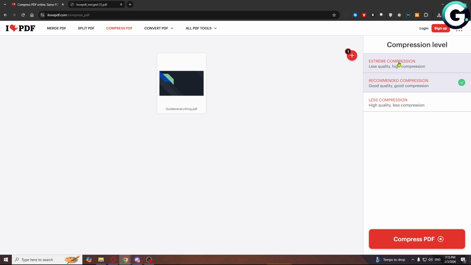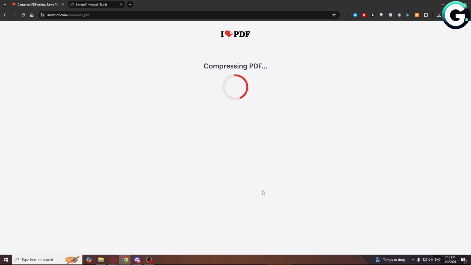So for the extreme compression, you will see that it is less quality, high compression, good quality and good compression for the recommended one. And for the less compression, high quality but less compression. So just go with the recommended compression, click compress PDF,